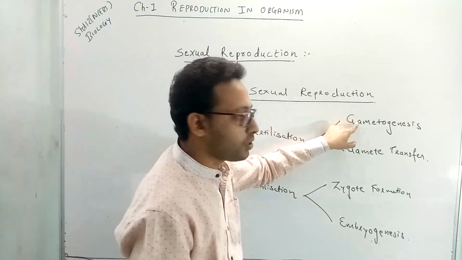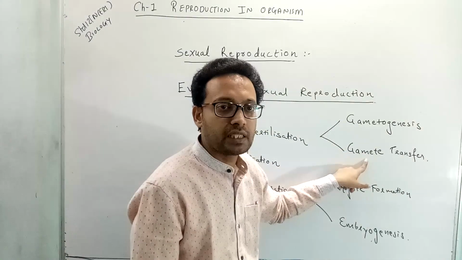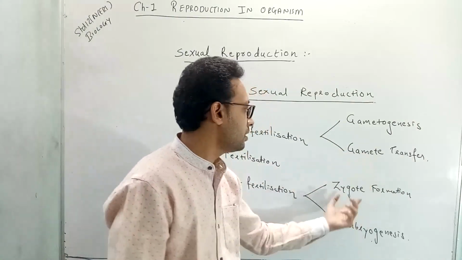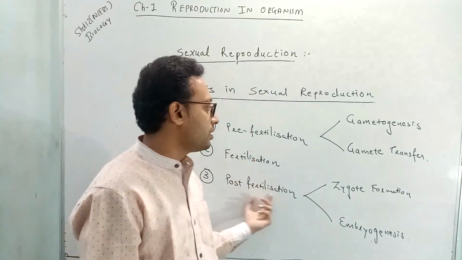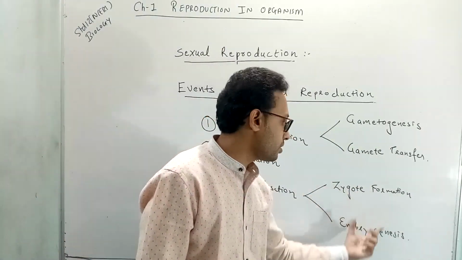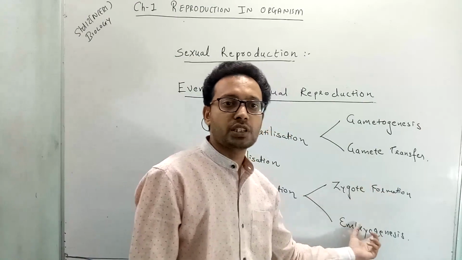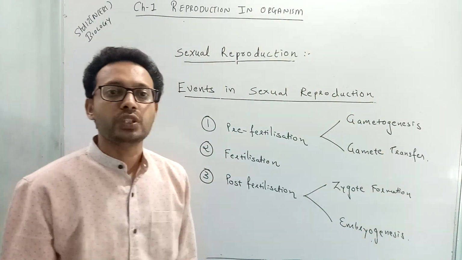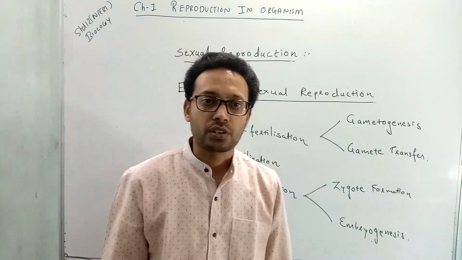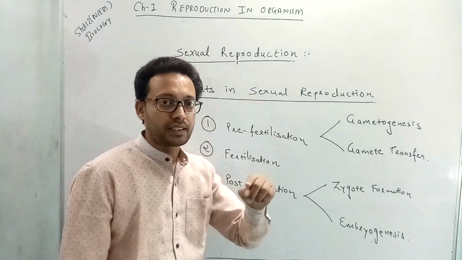Pre-fertilization includes gametogenesis, meaning the formation of gametes, and gamete transfer, which as the name suggests is the transfer of gametes. Fertilization is the fusion of gametes. Post-fertilization includes 2 events, zygote formation and embryogenesis: the formation of the zygote, and embryogenesis meaning formation of the embryo. So this is just an overview of the events which occur in sexual reproduction. We will discuss these events in detail in the next